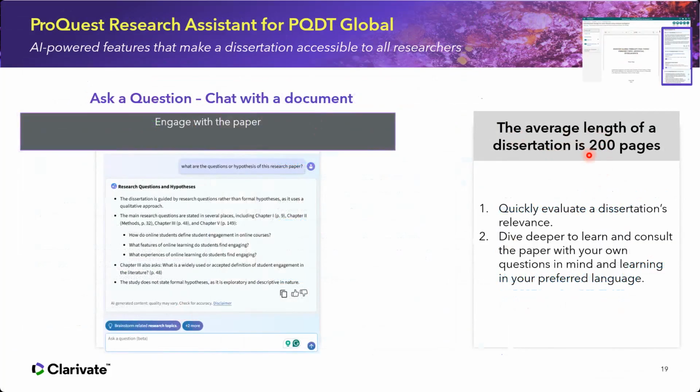Some of the papers I have seen are up to 300 pages. So it's a very lengthy paper, and it's not easy to digest the information if you're reading and reading. The support of AI tools will help you quickly understand the paper more effectively, and also in your preferred language.